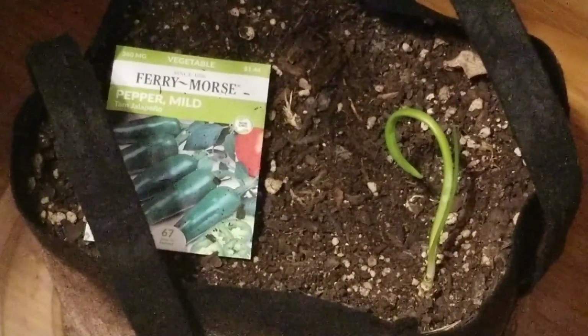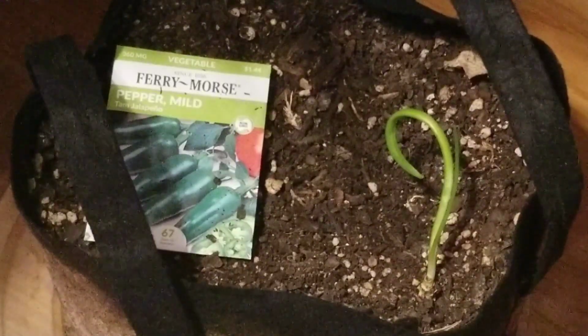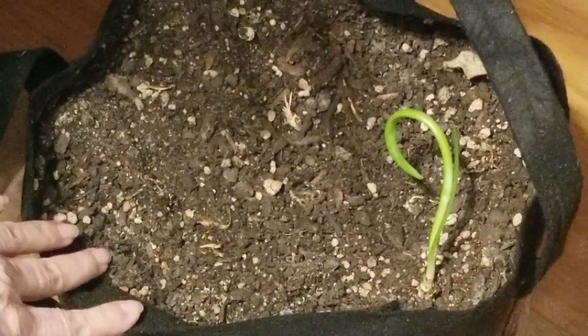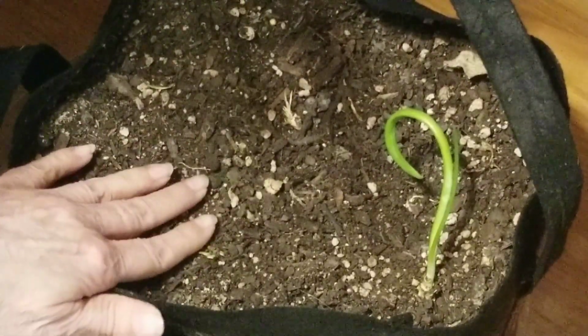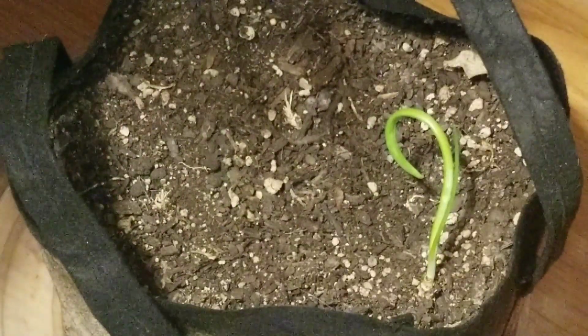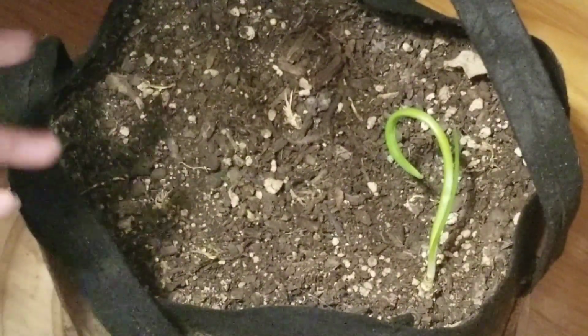one of you asked me to do a follow up on the chili peppers. Well, they never came up, and sometimes there was 100, if you remember. Sometimes that happens when I get them from eBay. It depends on where I get them from, and you take your chances. You know, there's still good seed on there. But when this happens, then